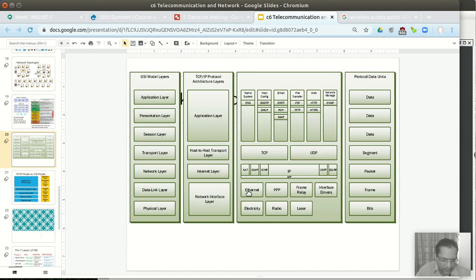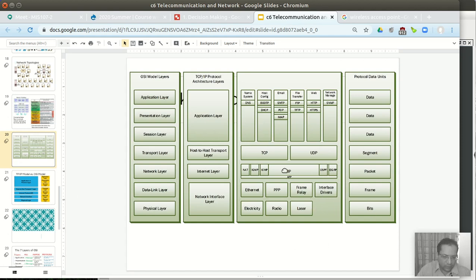So again, over here you can see there are multiple protocols. Ethernet is one protocol. PPP is another protocol. Frame relay is another protocol. And interface driver, how to use. So interface driver is the device driver to connect. If you remember from the last chapter, we looked into drivers.